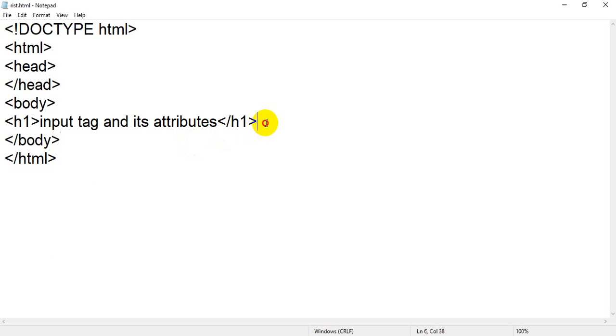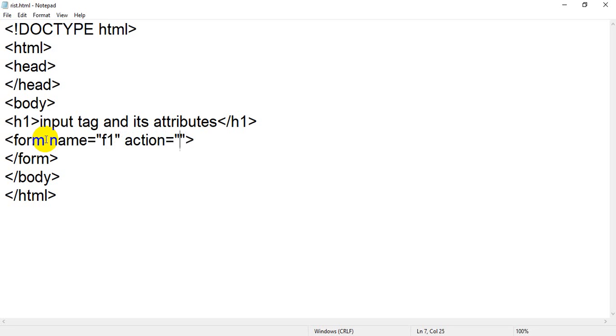Now I'm going to add a form. So the form tag, opening and closing form tag. Now I'm going to assign some attributes. The name is an attribute of the form, so you can assign any name, like f1 or anything. Then I'm going to add action. This thing you already know. What is action?